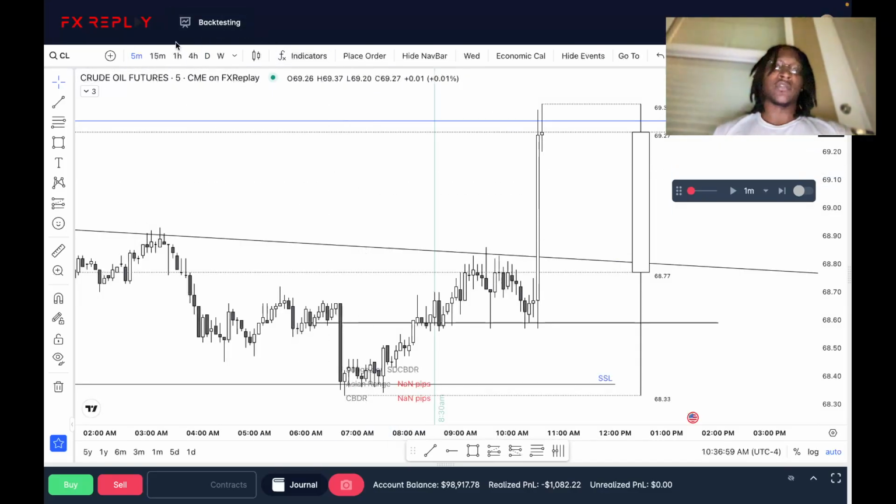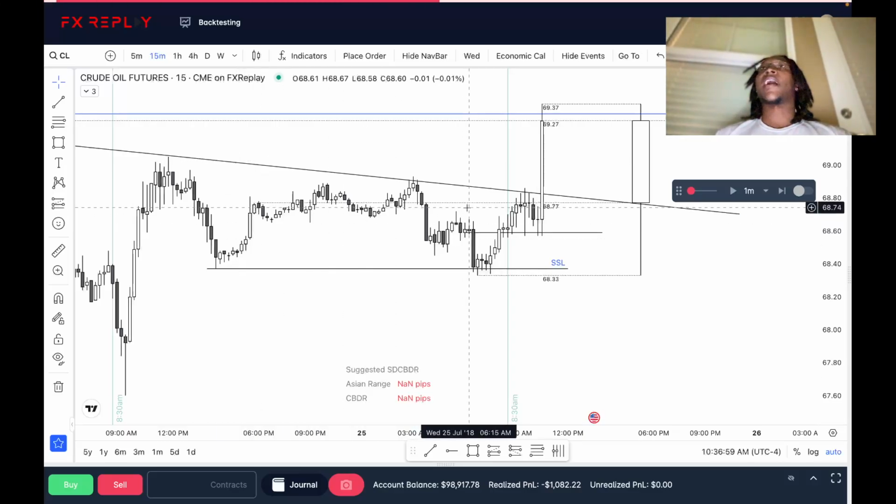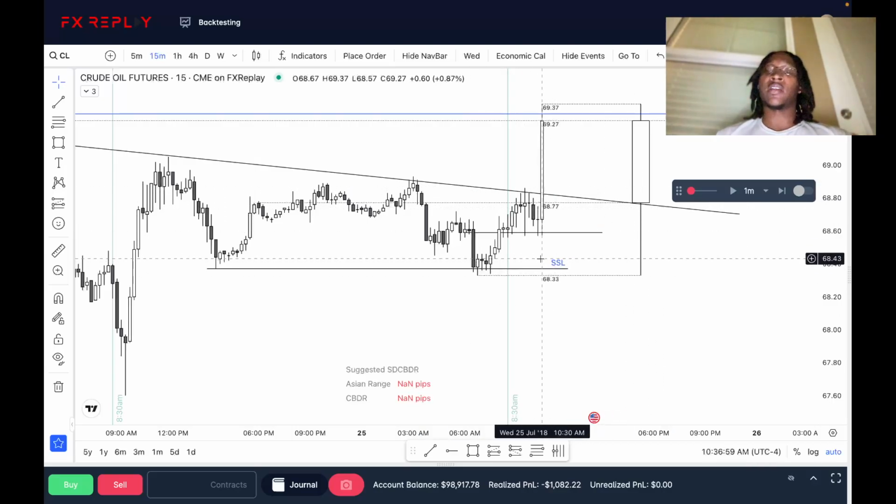Maybe it's because I'm trying to go too low on the time frame to get that confirmation I'm seeking because I haven't been comfortable. I've noticed that after a losing trade, I go down to the lower time frame to get confirmation on whether it's going to go higher or lower. When in reality, the confirmation doesn't even need to happen because it's going to do what it's going to do.